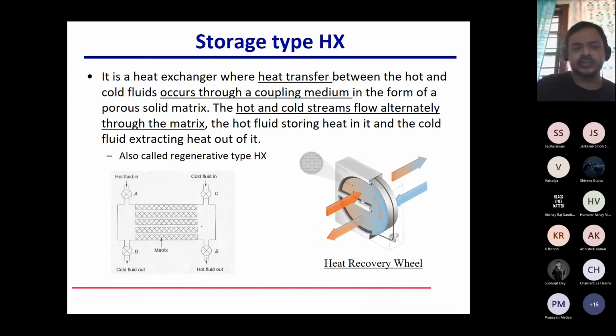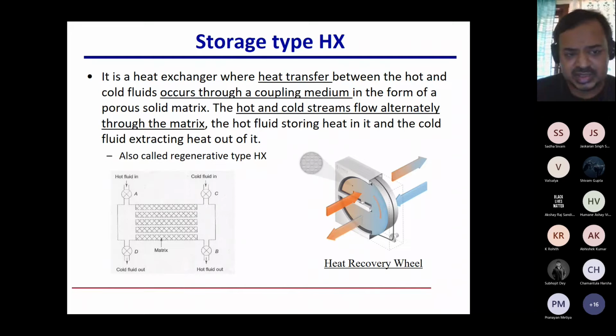So let us say it's an enclosure filled with a porous matrix, and there are 4 points, inlet, outlet, whatever you call it. We have named them A, B, C, and D. At the beginning, there are 4 valves attached to it. I'm going to open A and B and let the hot fluid come